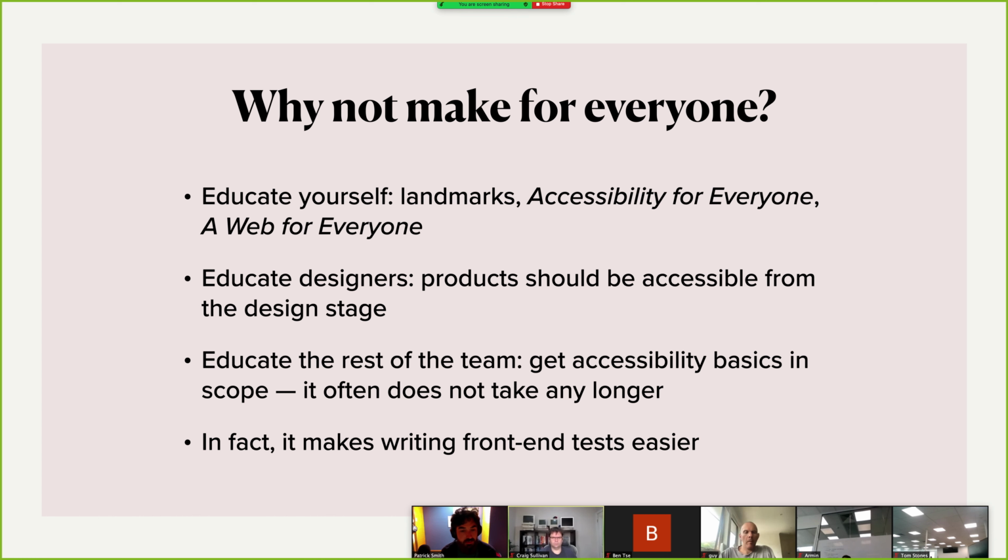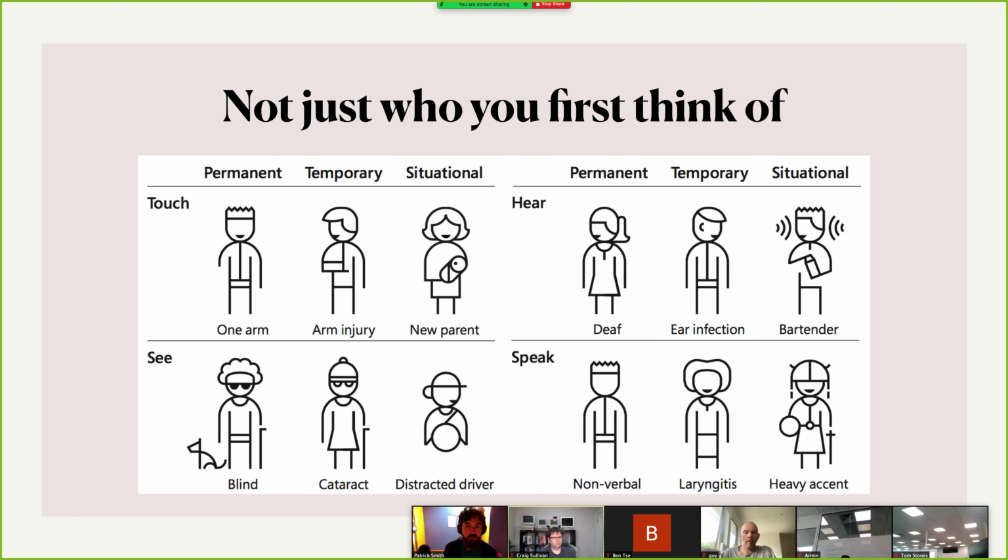I encourage you to educate your designers. Try and get the product to be more accessible at the design stage. Try to get accessibility basics in scope. If you get the hang of it, often it doesn't take any longer. And in fact, I think it makes running those wiley front-end tests a bit easier. So